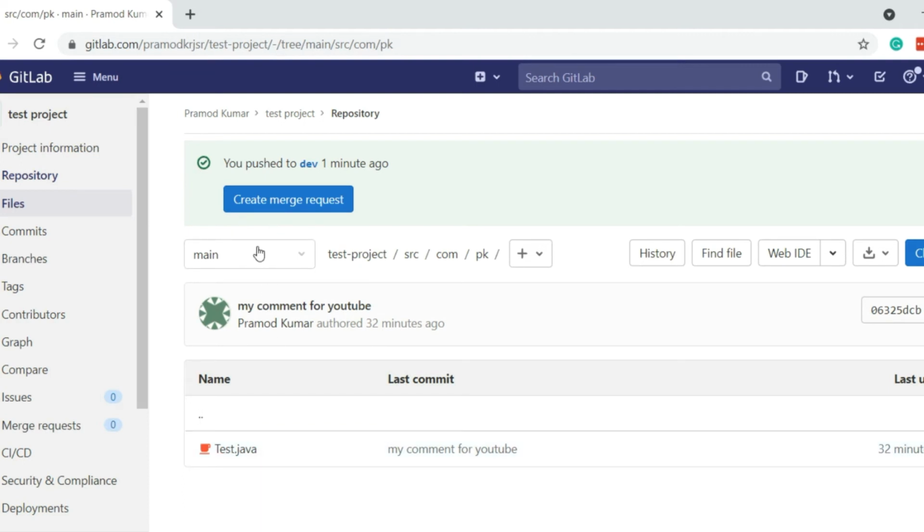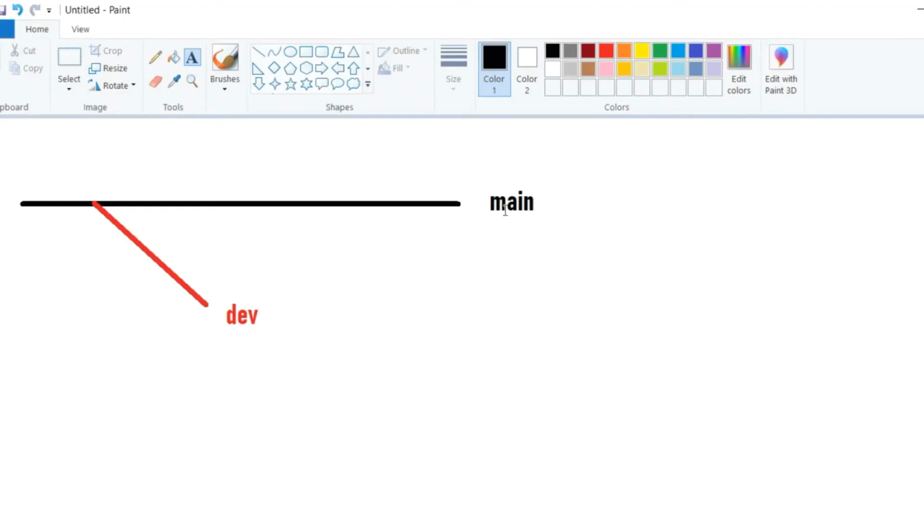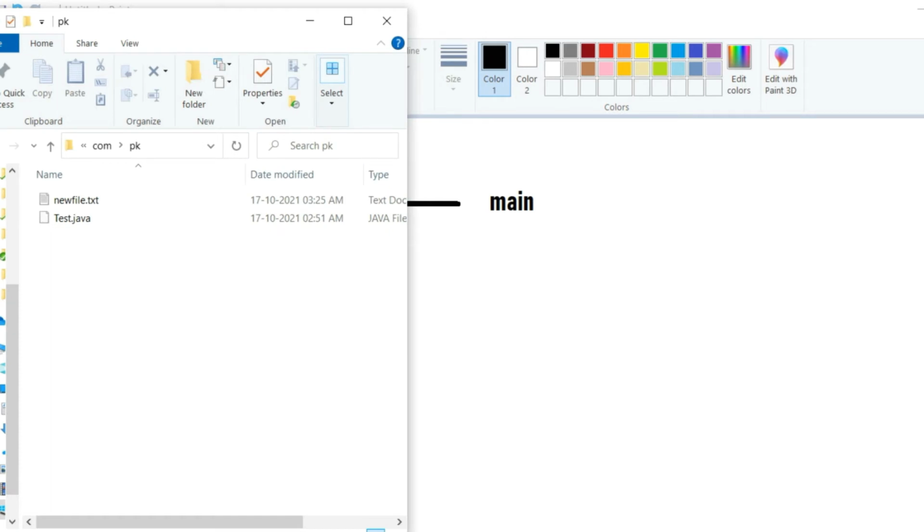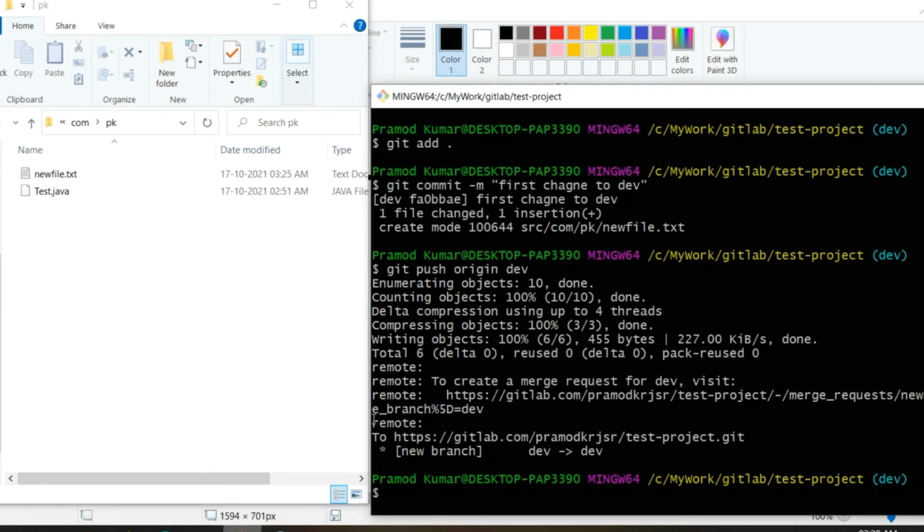So now on the remote repository we have two branches, and in the dev branch I have the latest code which I wrote on my machine. There are no changes on the main branch. On this diagram you can see the main branch has no change, it is still pointing to the code which was there earlier, but my new code is now in dev. Okay, so this is how we create a branch in my local and push the branch to the remote one.